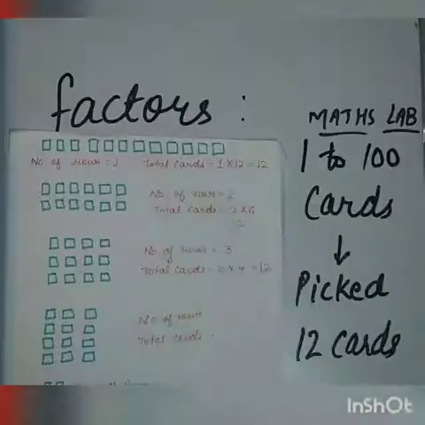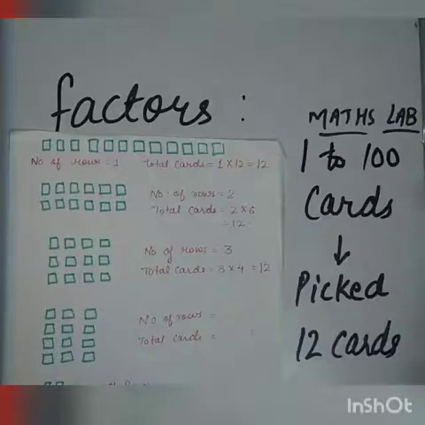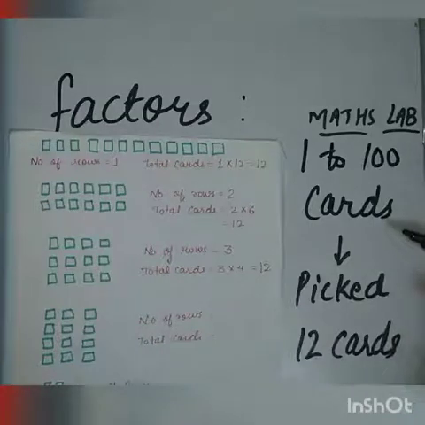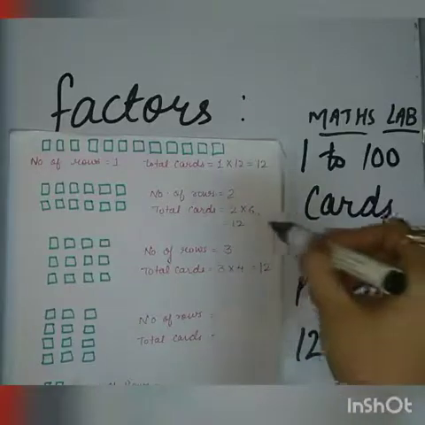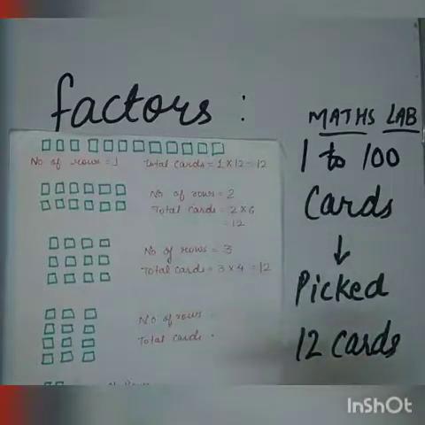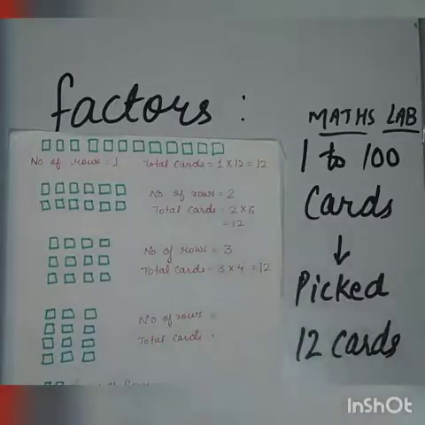To understand the concept of factors, let's start with an example. Aniket and Anuj saw a pack of cards in their maths lab. The cards are numbered between 1 to 100. They drew 12 cards randomly. They decided to make different designs using the rows and columns of the cards without repeating the same pattern. They arranged the cards in the following way.